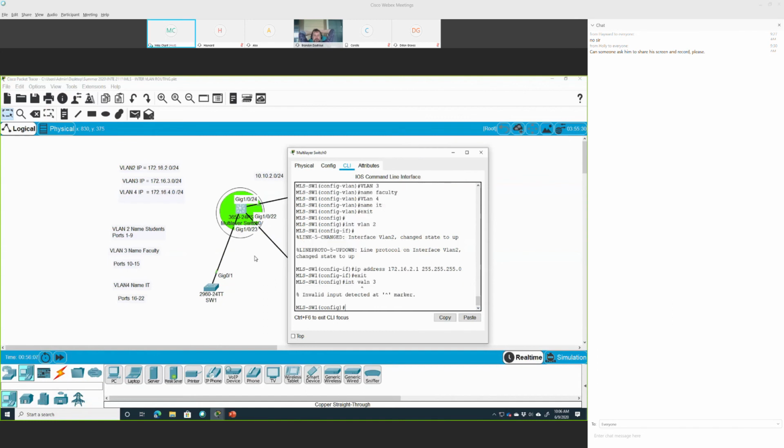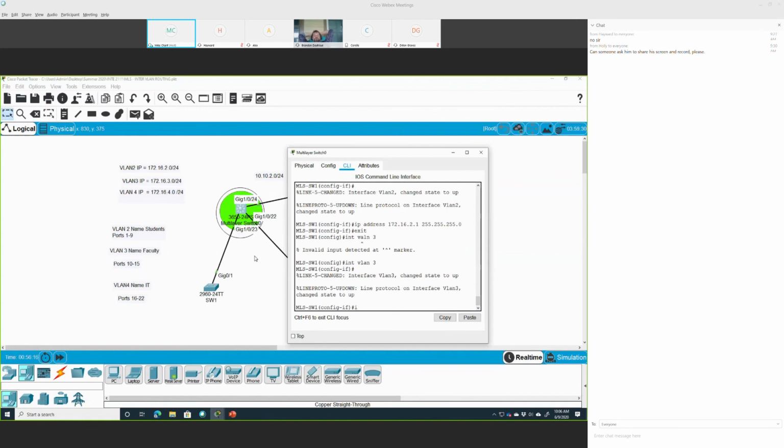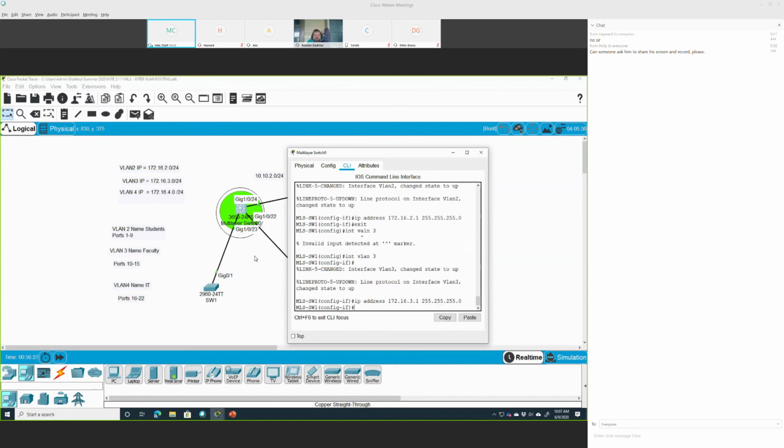What happened? Oh. Interface VLAN 3. IP address. The same thing, 172.16.3.1, 255.255.255.0. And also I have to say interface VLAN 4,